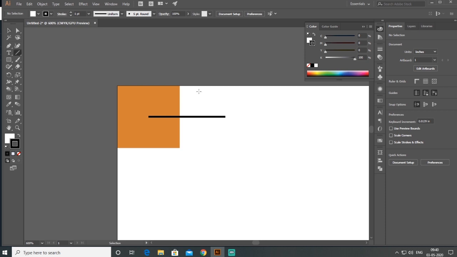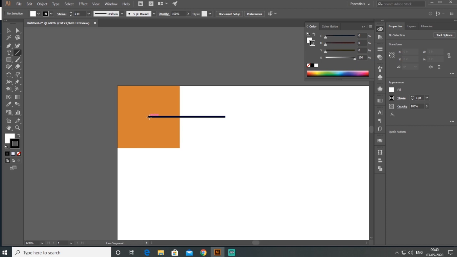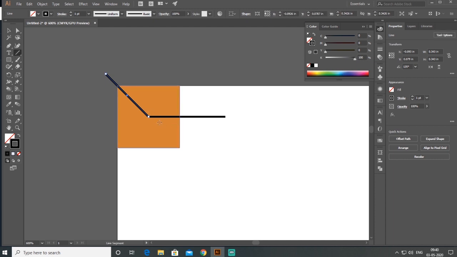Then go to the same line segment, and I press Shift right now and drag it at 135 degrees. And the same at 45 degrees.